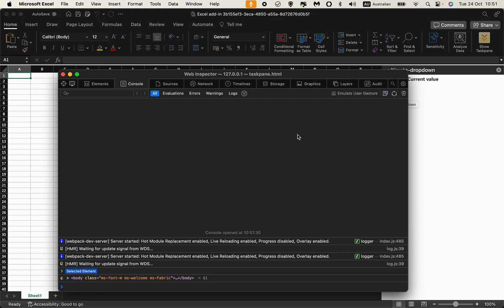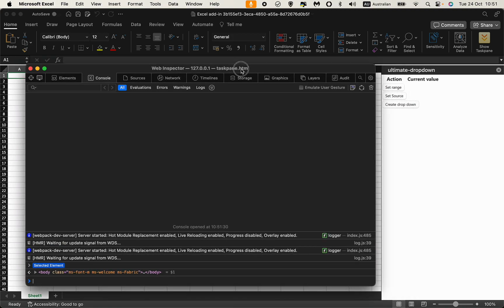So that is for this video, how you can enable the inspect element in Mac for Excel or other Office